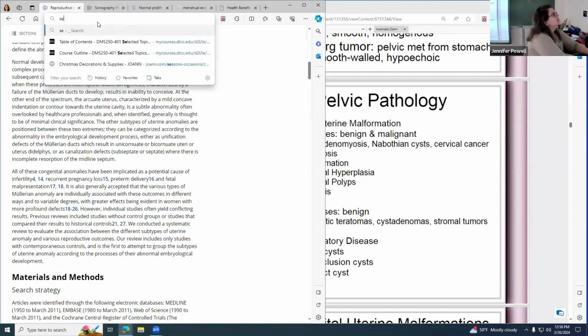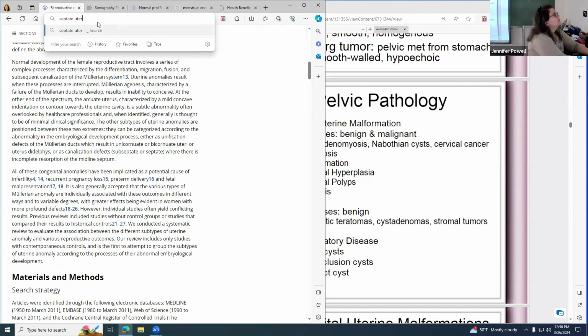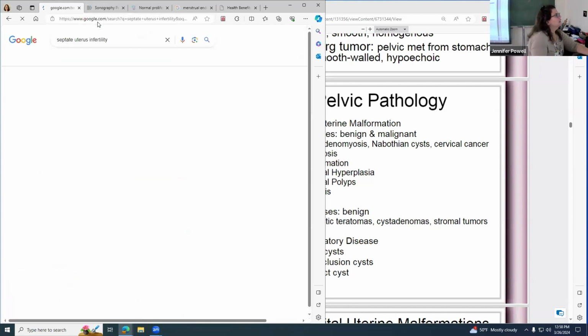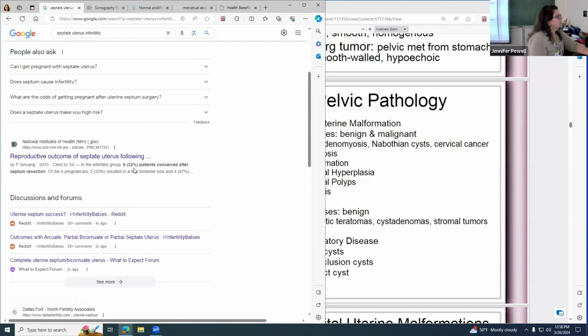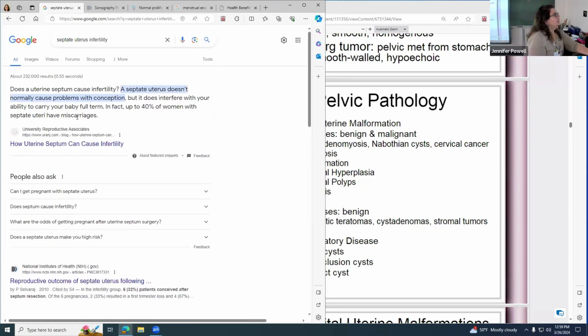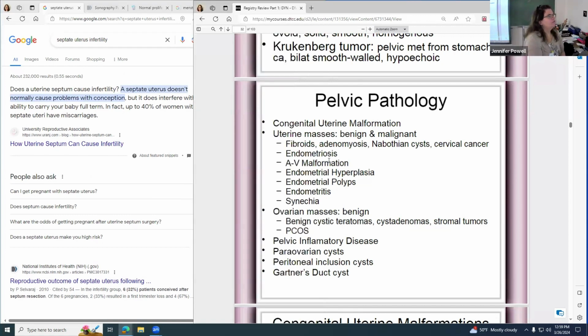Septate, I thought it was septate, let's look, septate uterus. All right. Septate uterus doesn't normally cause problems with conception, but it does interfere with your ability to carry. In fact, up to 40% of women with septate uteri have miscarriages. So I could be confusing infertility with inability to carry. Anyway, so